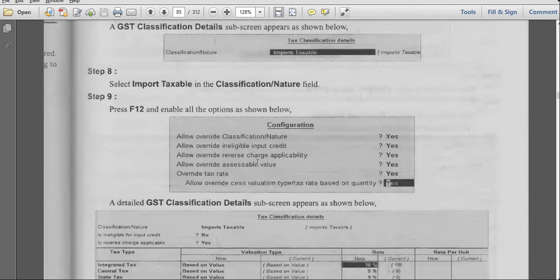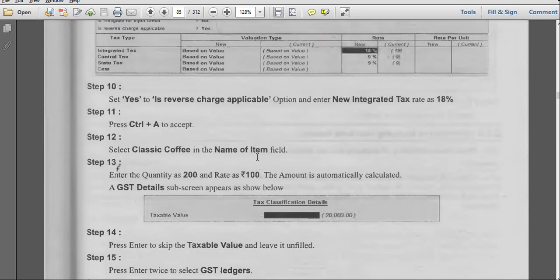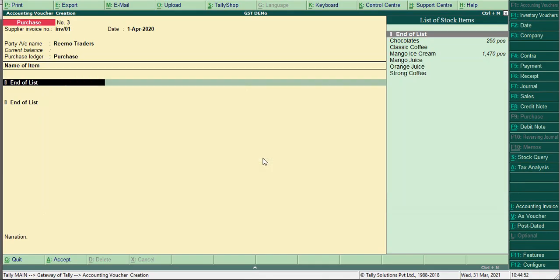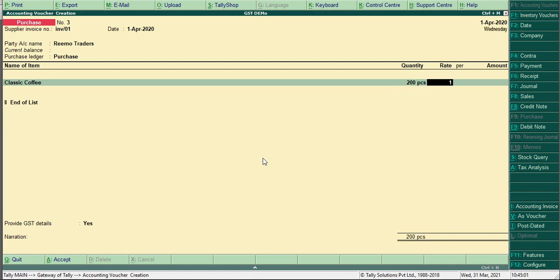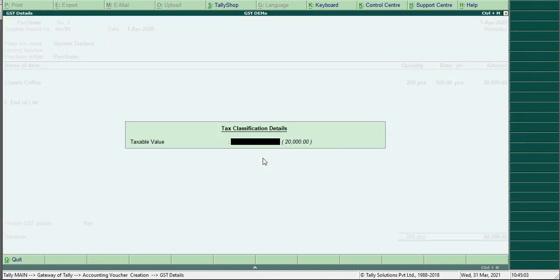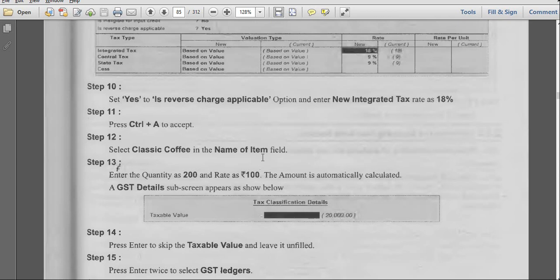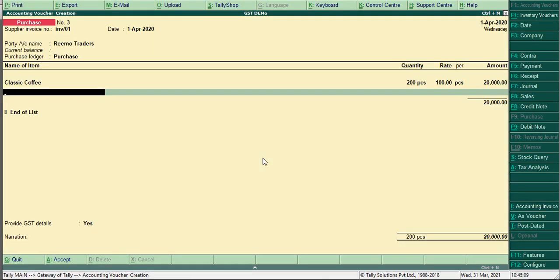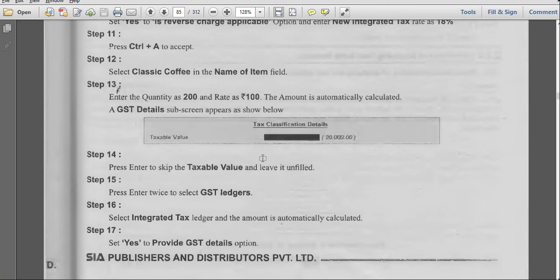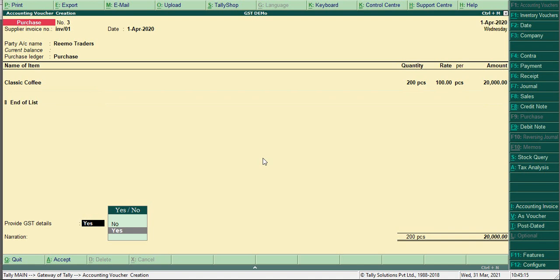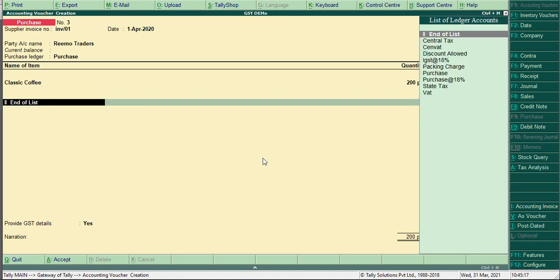and classic coffee, it is classic coffee, quantity 200 and it is 100, taxable value. Press enter to skip the taxable value and press twice for GST details, and here you have to select integrated